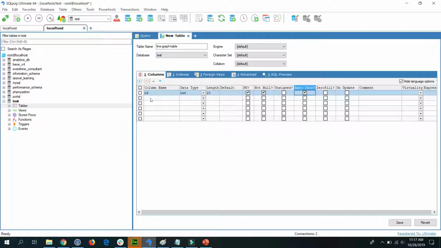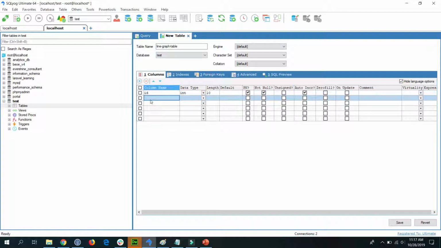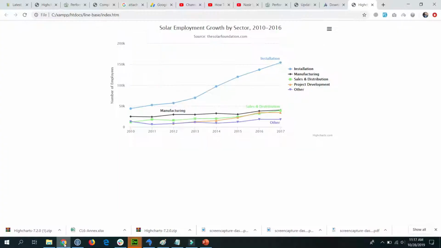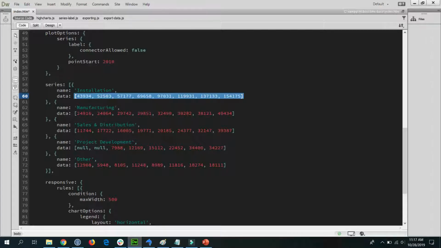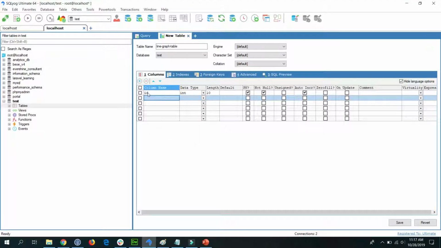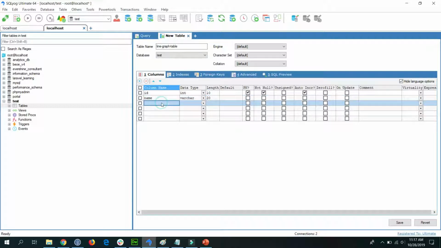Okay, the first column is id, and the second one is name and data. Second is name, that is varchar, and the length is, for example, 10, 20, meaningful, and data. In my scenario,